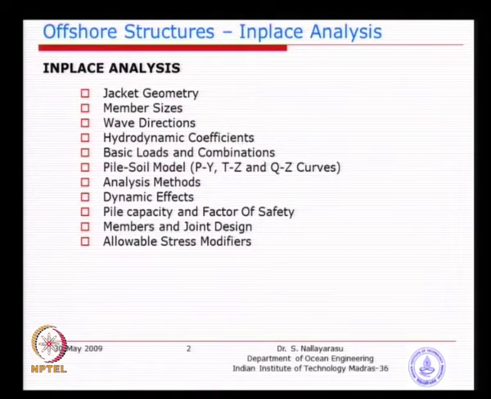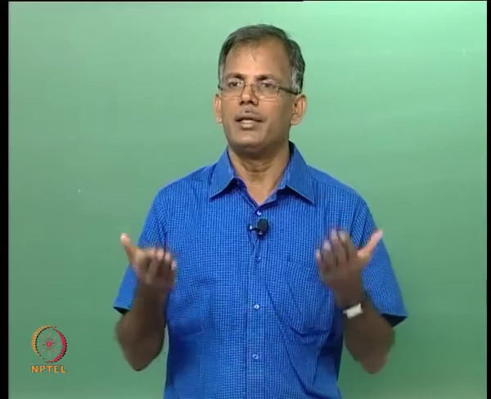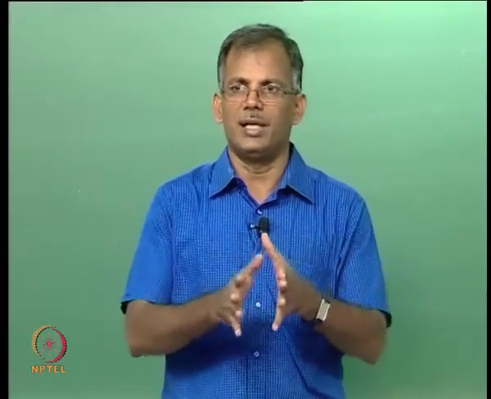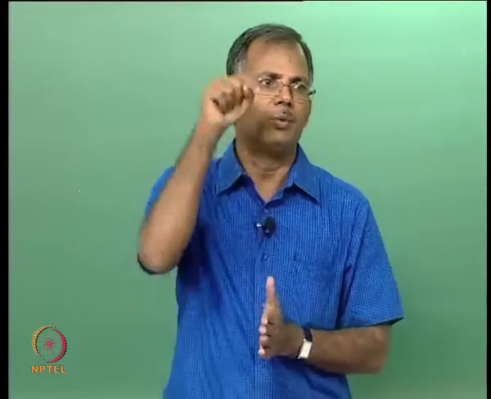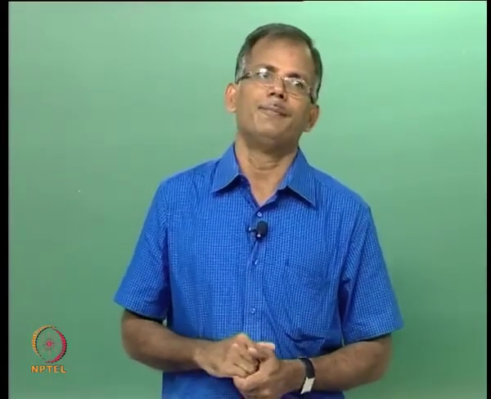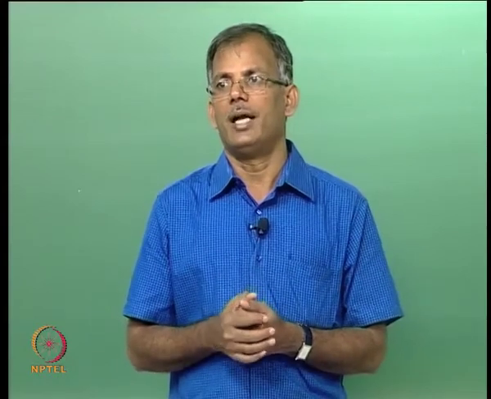What we have to look at are so many things, the geometry of the structure. I think by this time you could easily understand how the geometry was arrived at. You could recollect that the geometry of the structure, whether it is 8 leg, 6 leg, single leg or 4 leg, is basically based on the topside area requirement. If the area is larger, you will place 4 legs, 8 legs, or if it is a small topside, then you put only 1 leg, a mono tower. So, the geometry has to be decided by the engineer who is arriving at the configuration, is it not?